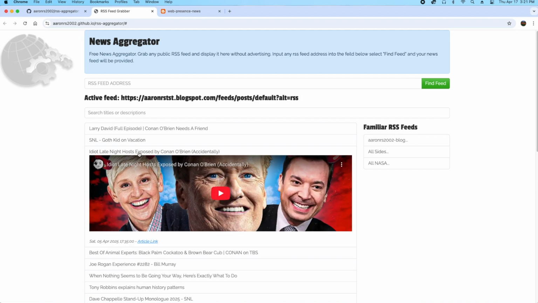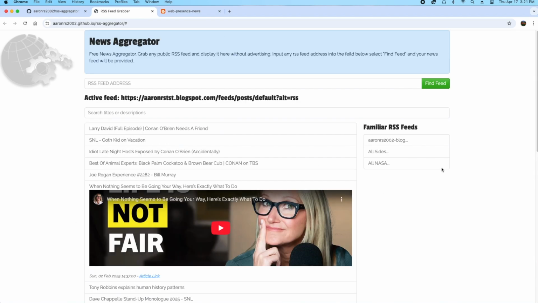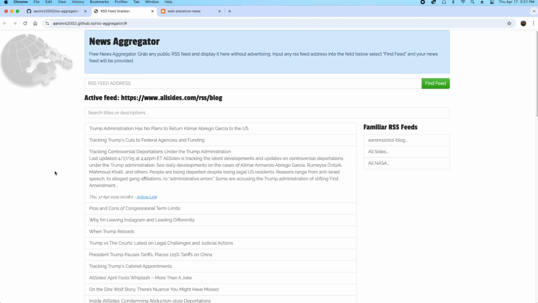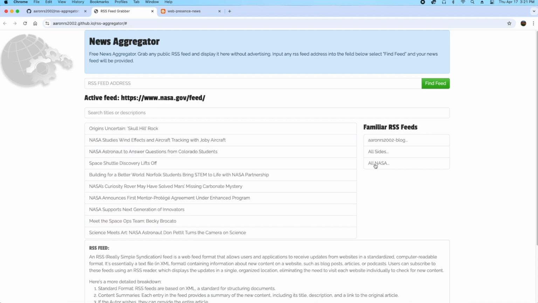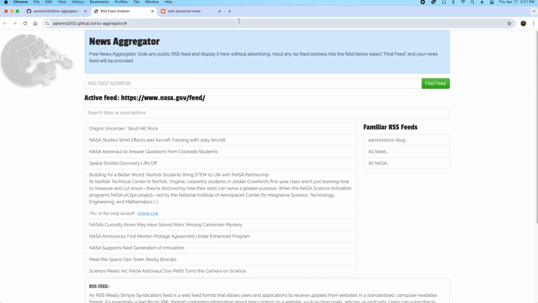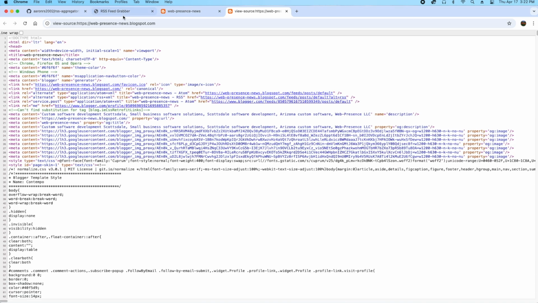They initially just show up, and if you'd like to read through them, they load just by clicking on them, and they're automatically loaded in the front, as you can see. Now, let's say you like a blog and you want to follow it, like here's my web presence blog. I'm going to go to view page source,